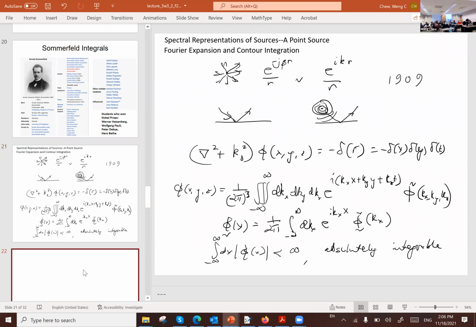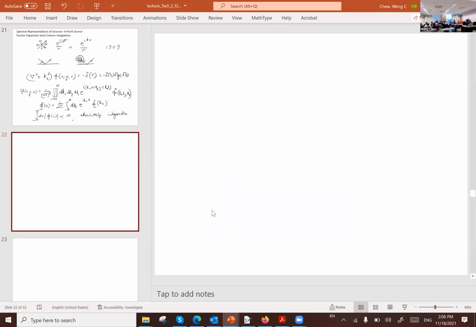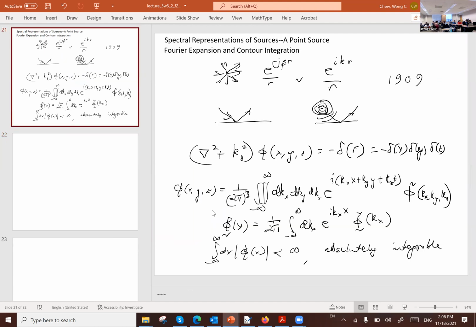And then the next thing we do is to plug this into the above equation. Plug this Fourier expansion into the above equation, and then exchange the order of integration and differentiation. When I plug it into the above like this,